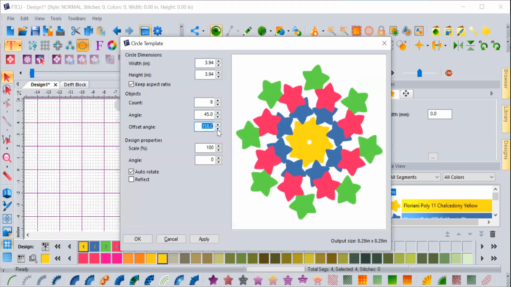Change the offset. There's a lot of different things you can do to customize this. Just be careful if you're doing embroidery. This is an artwork at the moment, but if you are doing embroidery and these are all overlapped, it may be very thick. So you may need to remove the overlap stitches,